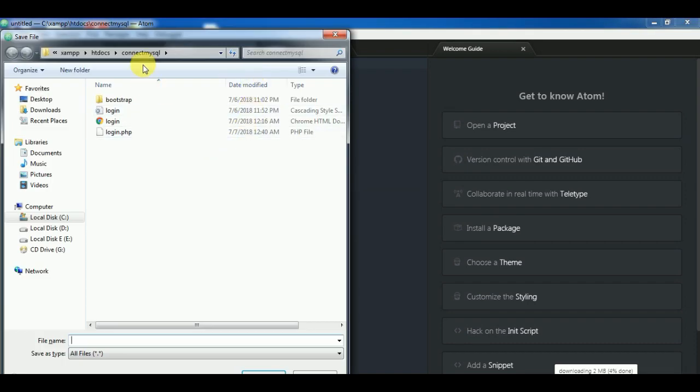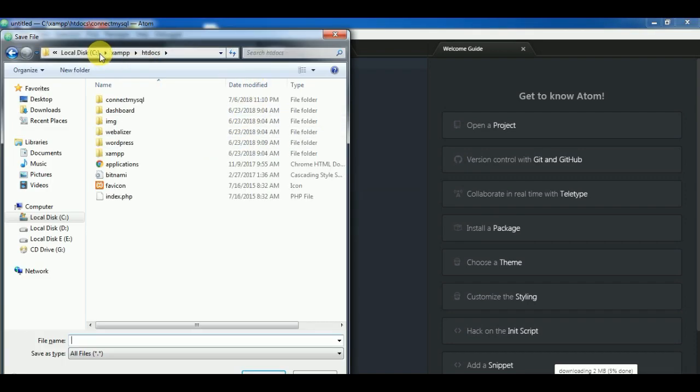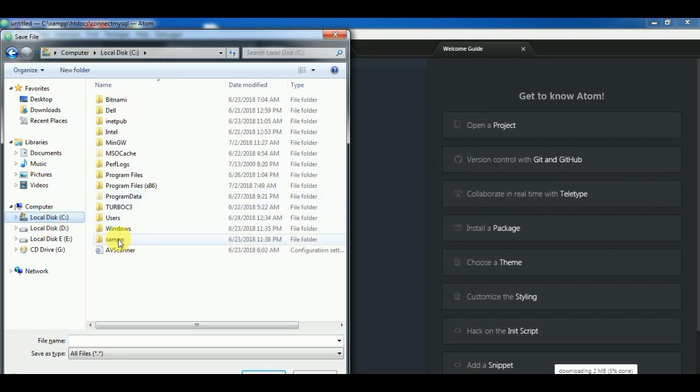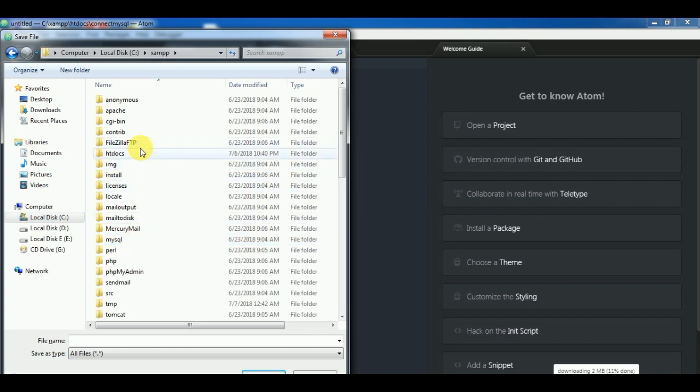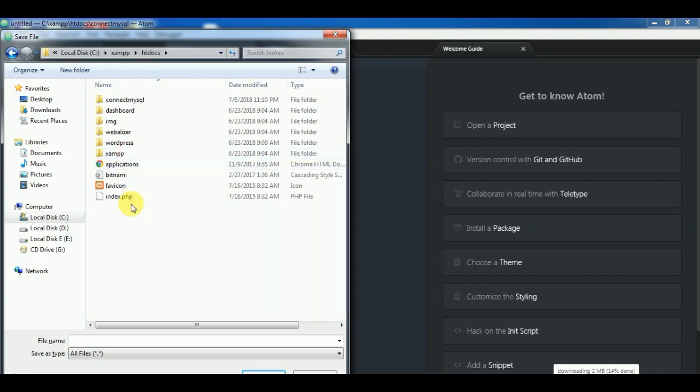I will show you from the start. If you have not installed XAMPP server, then install it. There are a lot of articles and videos on YouTube you can watch to install it. So in this XAMPP folder, come to htdocs, click on this, and here we will make a different folder,